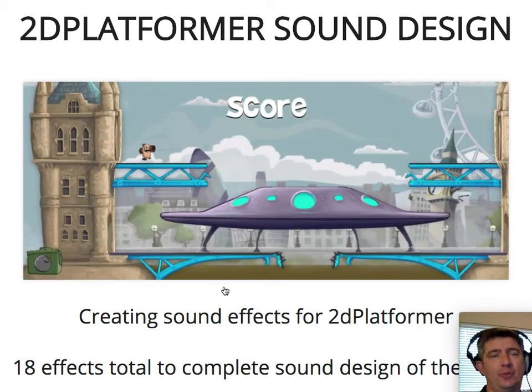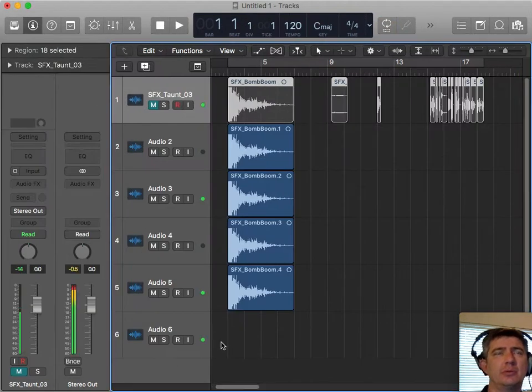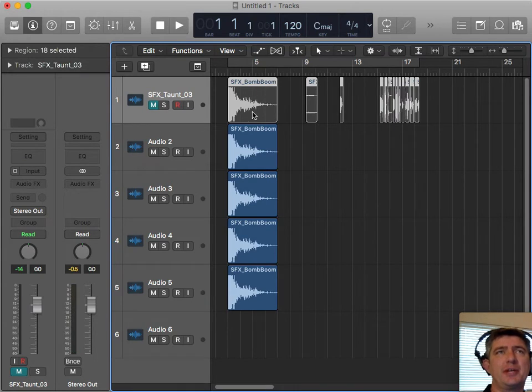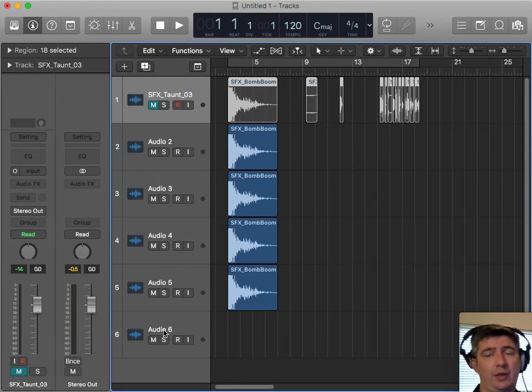So take the original WAV files, put them into a Logic session. Import the original sound effects, build your own sound effects below, mute the original sound effects, do not include them, and bounce everything out. Check it out, see how it sounds. You might also want to import your music into your sound effects session, or maybe the other way around, your sound effects into your music session, whichever one you finish, and just check the levels. You don't want your music to completely bury your sound effects or the other way around.